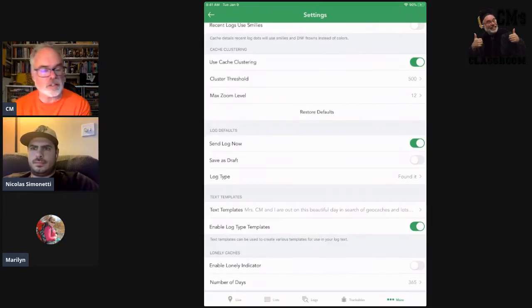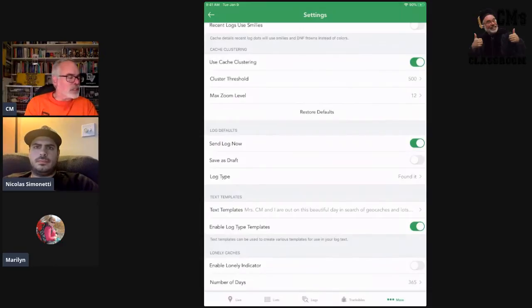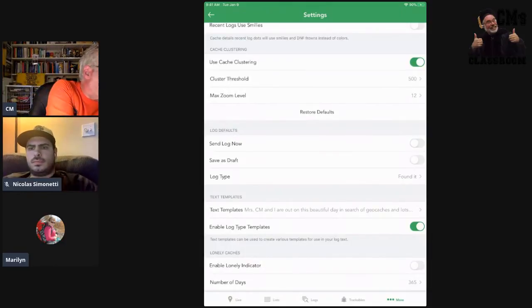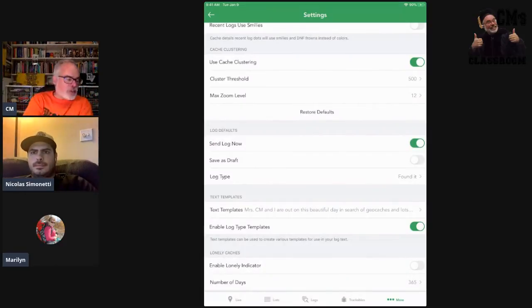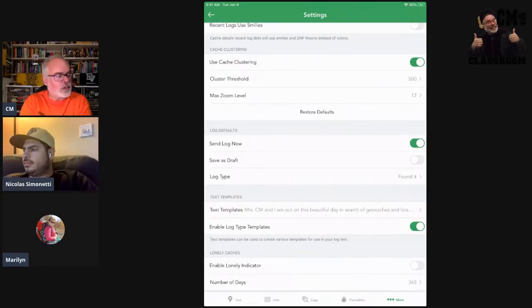And the first thing I have is a decision to make. This kind of goes along with log templates, but let me draw your attention to whether you want to send log now or not send log now. There are some real advantages to either way of doing it, but to be aware of this, if send log now is turned on, the minute you hit your submit button, that thing is going to geocaching.com. That doesn't necessarily mean it's posting a find. I'll tell you about that in just a little bit more with the next thing I tell you about,